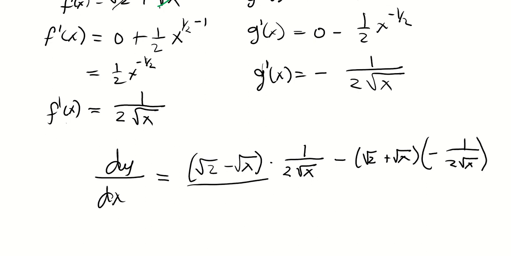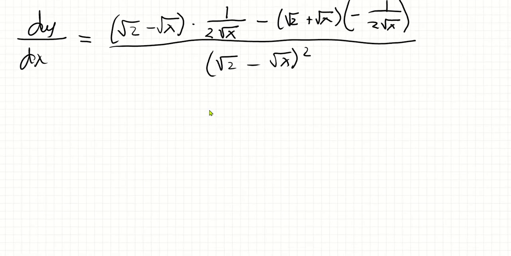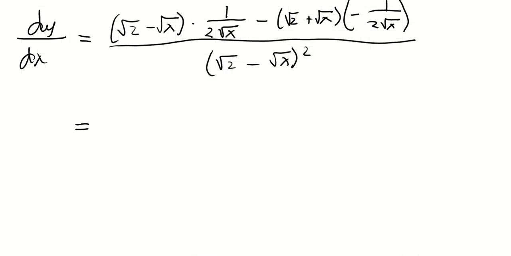Then this one will be all over log squared, g's of x, square root of 2 minus square root of x squared. Then we can now simplify this one. Actually, this is now the derivative of that function, but we can still simplify it by expanding and canceling some terms. So here we can distribute square root of 2 or 2 square root of x. So this will be equal to